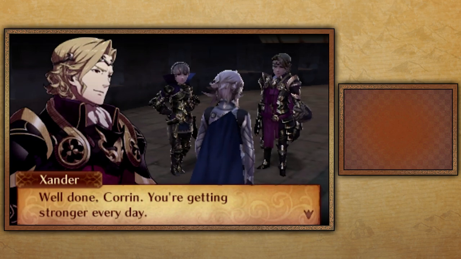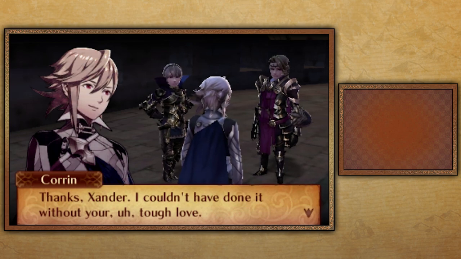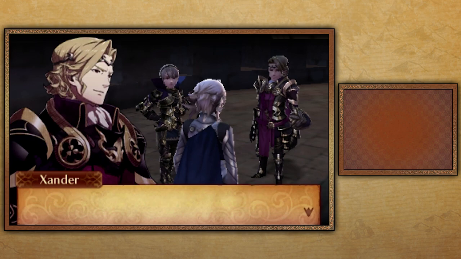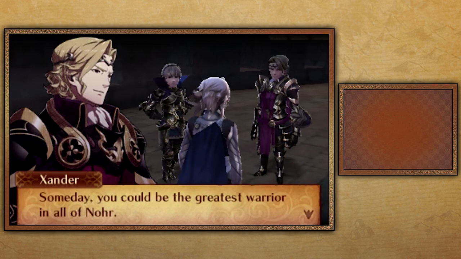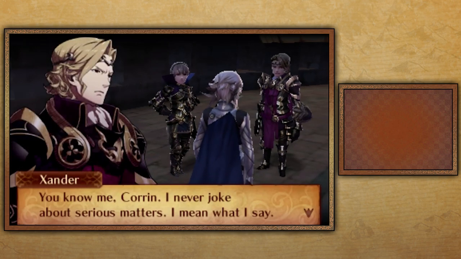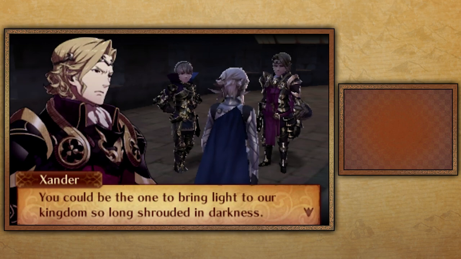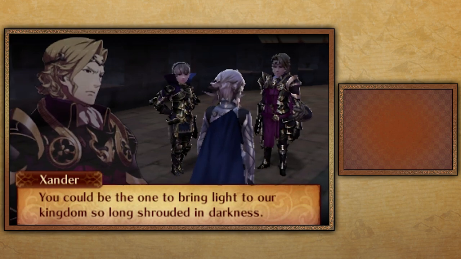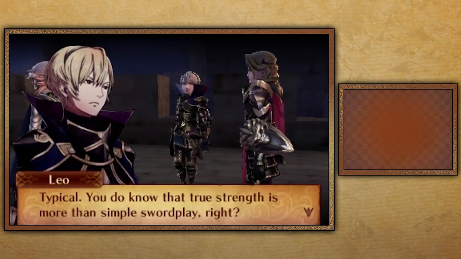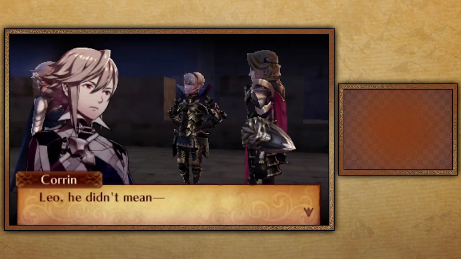Extraordinary. Well done, Corrin. You're getting stronger every day. Thank you. Thanks, Xander. I couldn't have done it without your tough love. No. I disagree. I believe you have natural talent. Someday you could be the greatest warrior in all of Nohr. No. Now you're just teasing me. Listen. You know me, Corrin. I never joke about serious matters. I mean what I say. You could be the one to bring light to our kingdom so long shrouded in darkness. Big brother. Xander. Typical. You do know that true strength is more than simple swordsplay, right? Leo. He didn't mean...